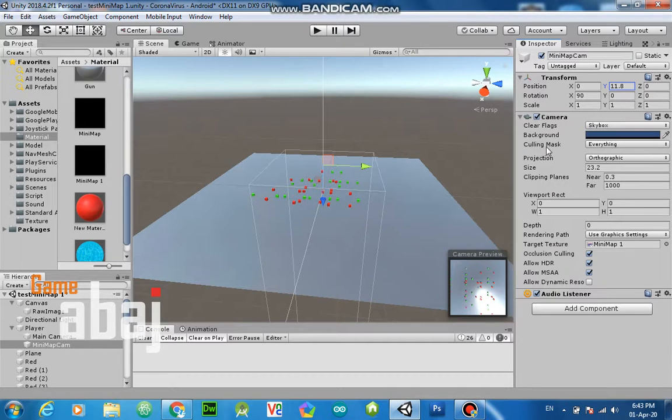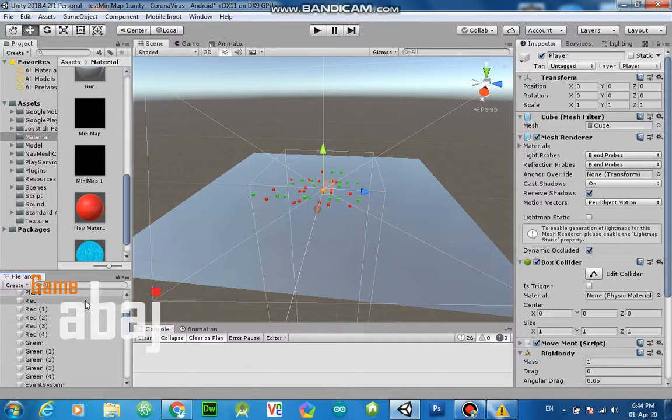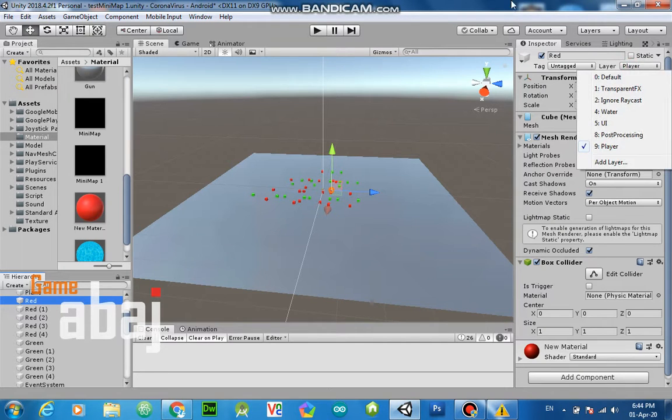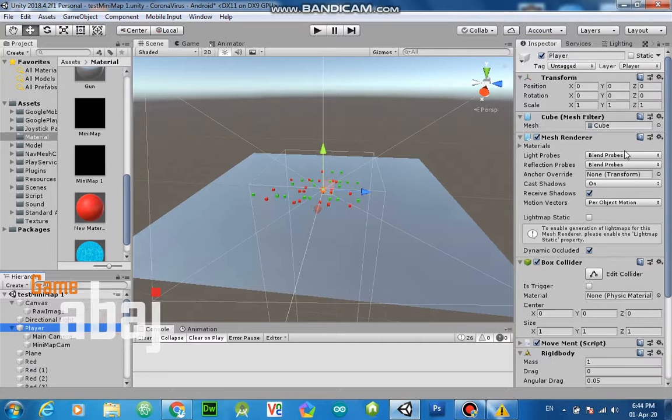So here the culling mask is set to everything, but we don't want this background and this green object to be seen, because the green object is not an enemy. Only red objects and our player we want to see in the map. I have added a layer called player to all the red boxes and also on the player.